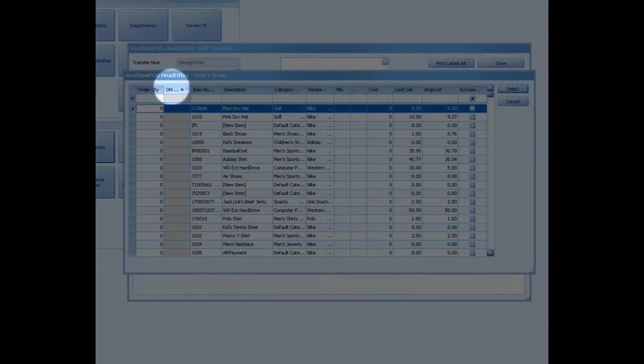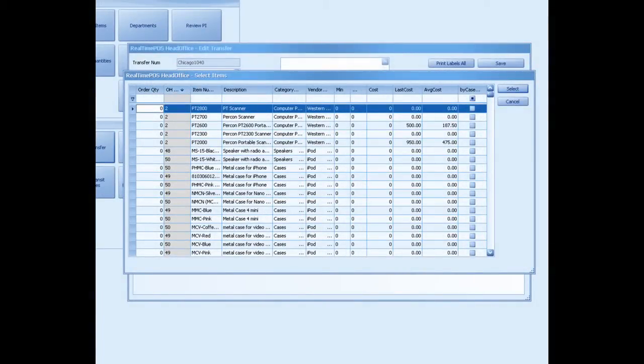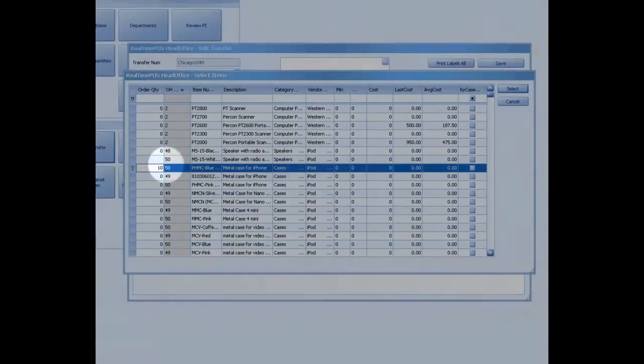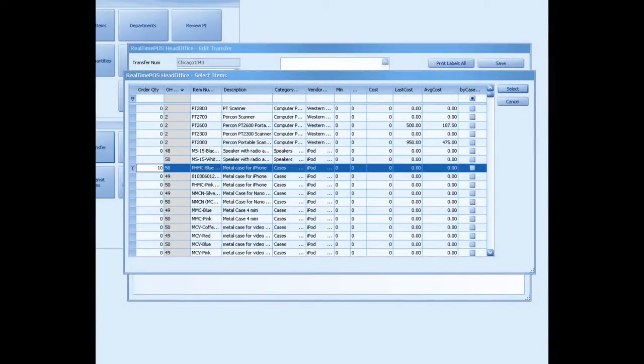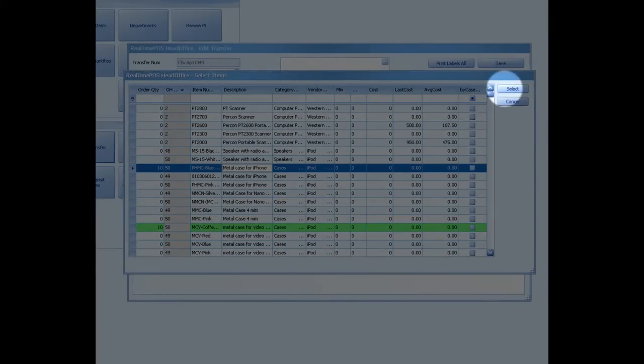the top row. When you choose the items you need to be shipped to your location, click that item and enter the quantity you want sent to that location by entering the number in the leftmost row under Order Quantity. You may select as many items as you want, up to the amount the location can handle. The item will turn green when you have chosen the amount they can handle. When you are satisfied with the items you want transferred to the location, click Select and you will be returned